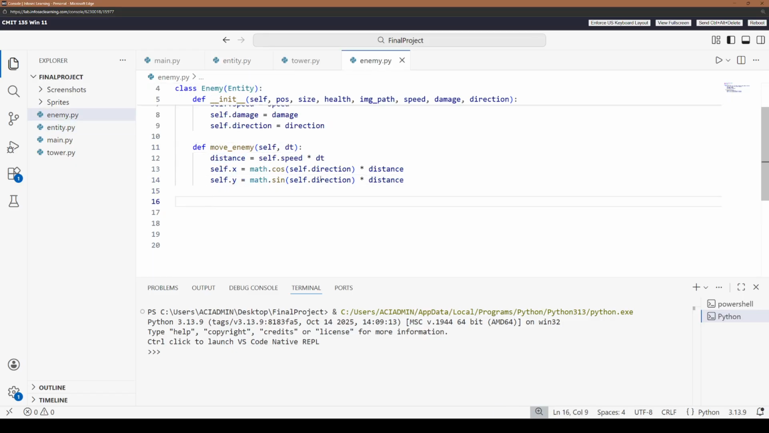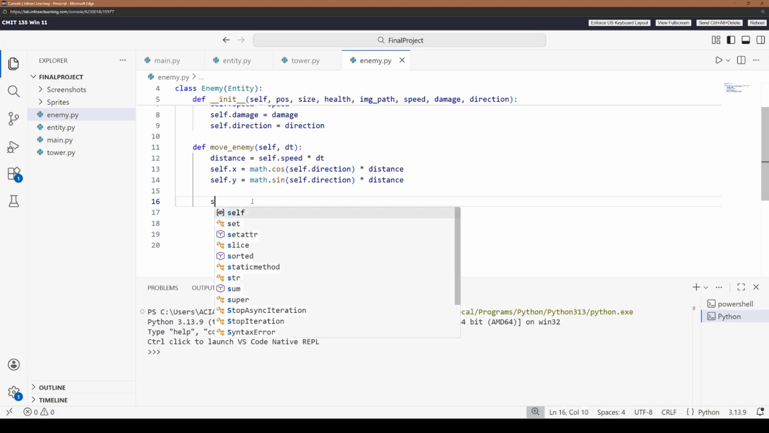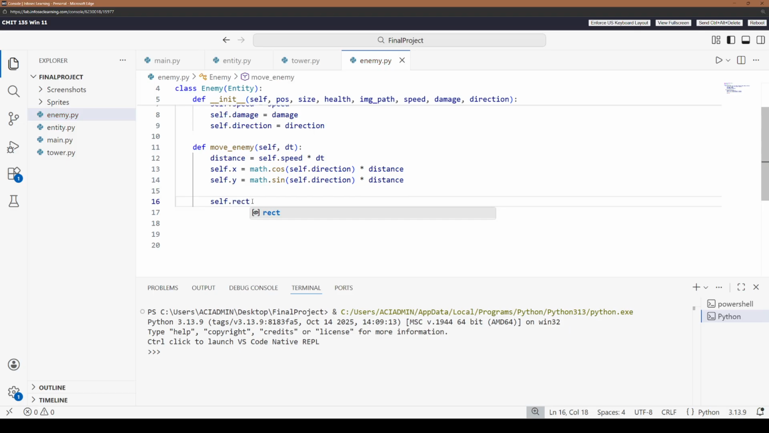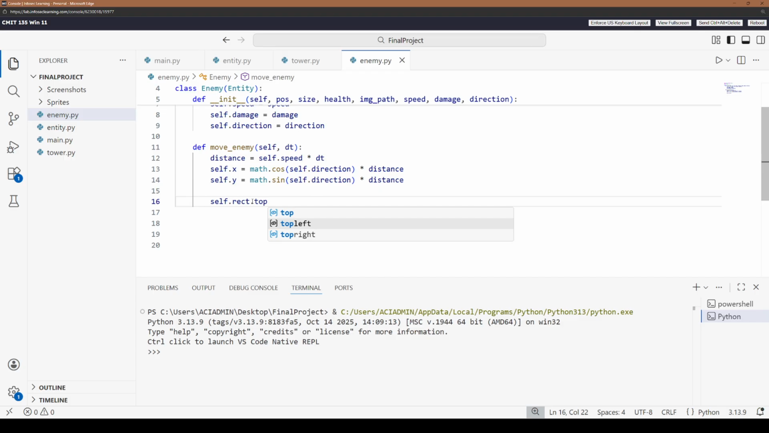The next thing we want to do is update our rect. So our self.rect.topleft is where the top left of this rectangle is, because Pygame positions are not at the center of an image, it's at the top left of the image. And we're just going to set this equal to